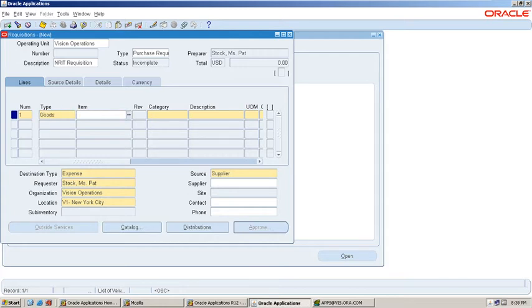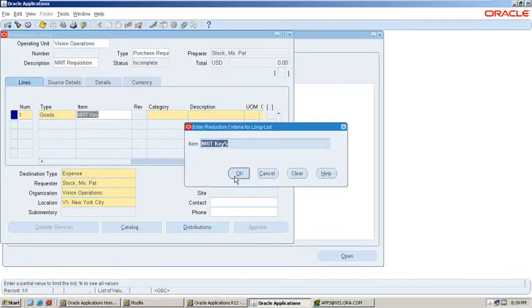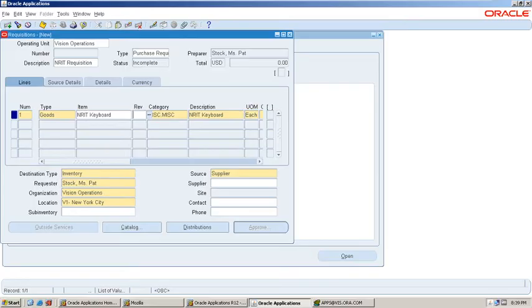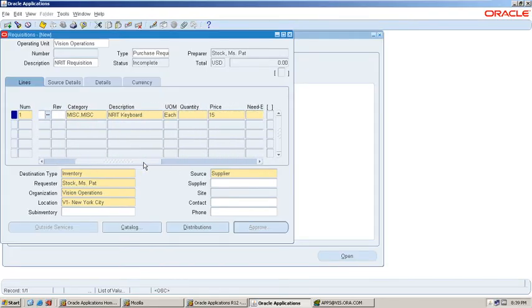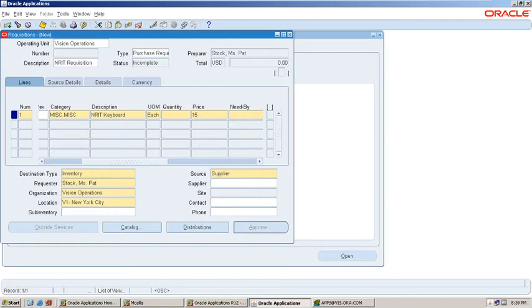Then the lines section, the requisition line section. Enter the item details. Which item? NRIT Keyboard, which we created in step 1. How much quantity are you looking for?